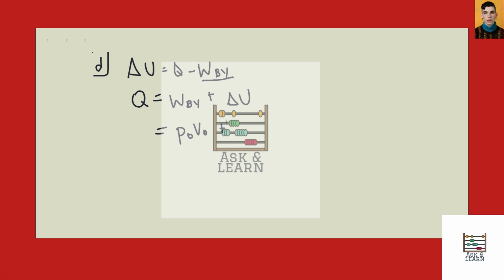And our delta U is nCV times T2 minus T1. And we said T2 was twice T1, so it's 2T1 minus T1, which is just T1. And so that's your P naught V naught plus nCV